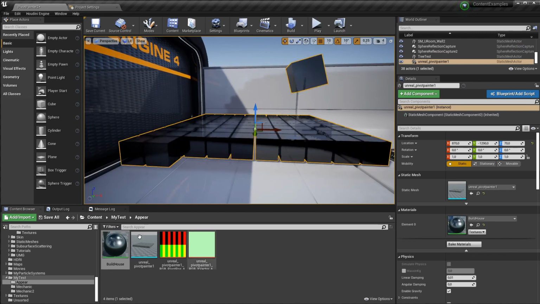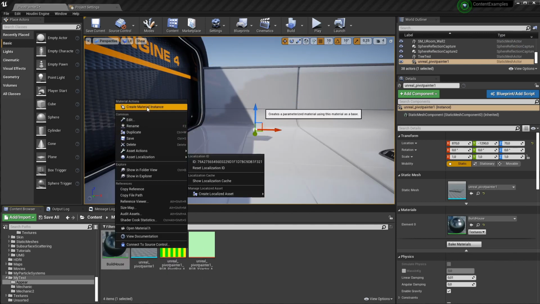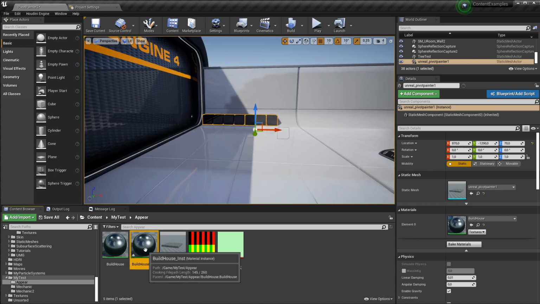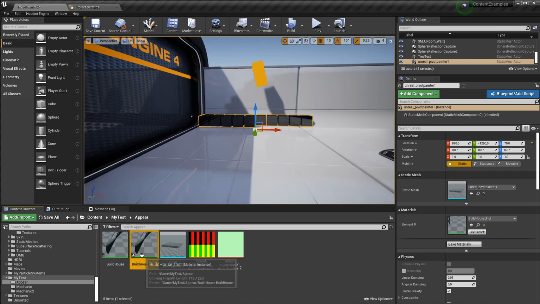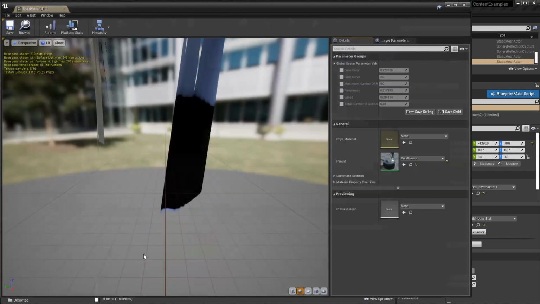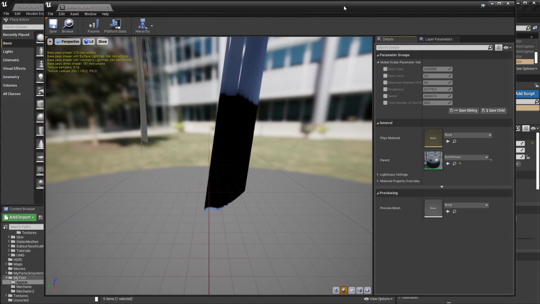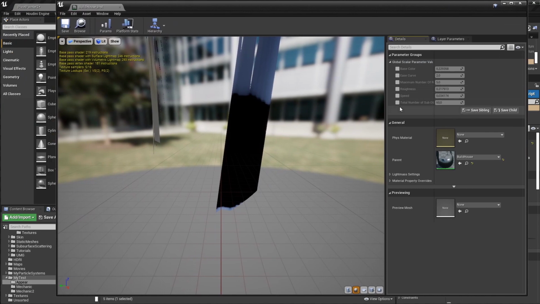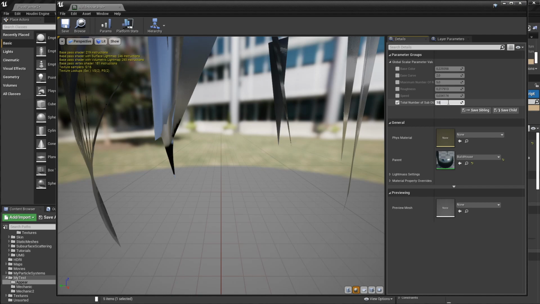This will allow us to override the parameters that were provided. We put the instance into the material slot and jump inside. The first basic information we need to adjust is the amount of pieces our geometry has. We had a grid of 10 by 10 boxes, so we have 100 pieces.